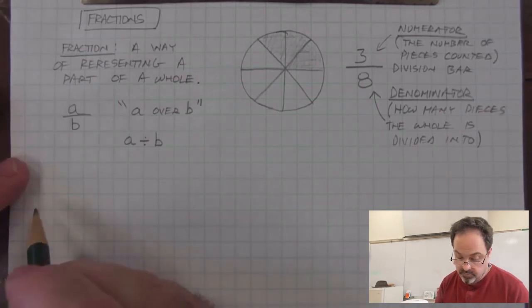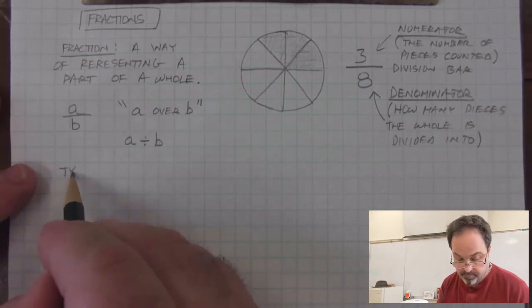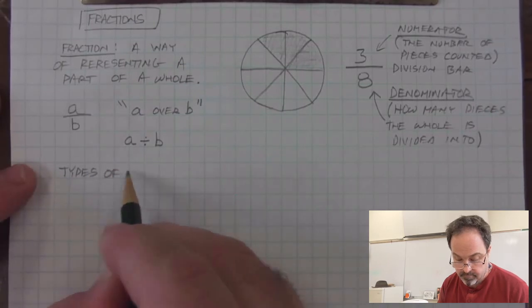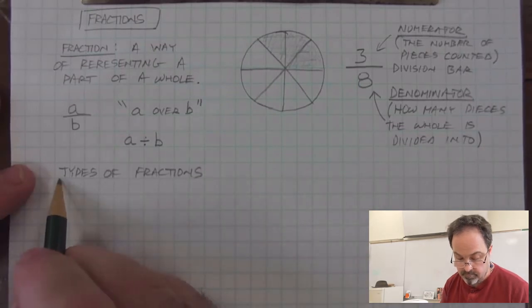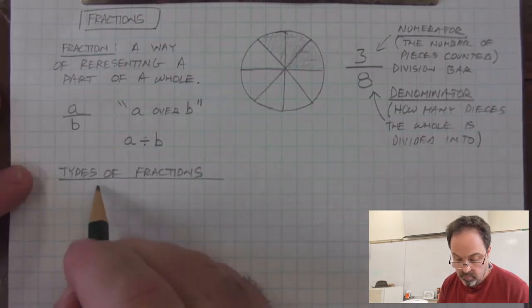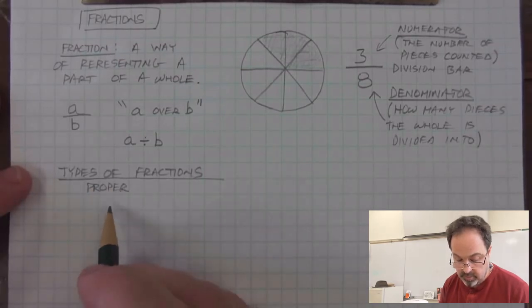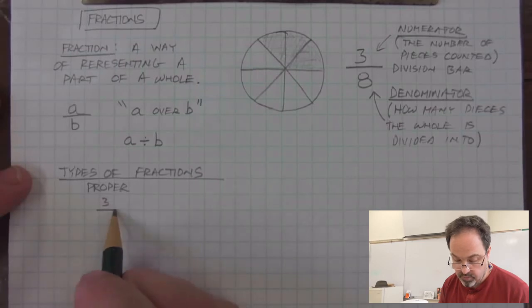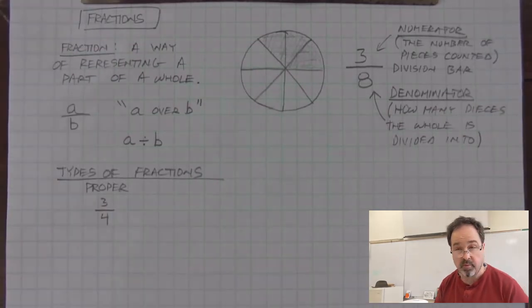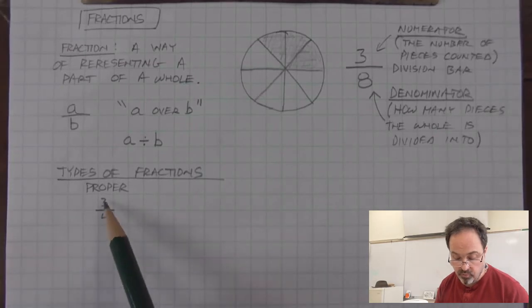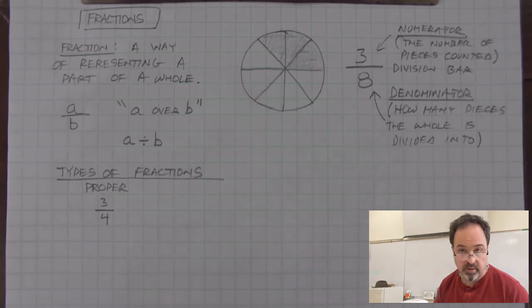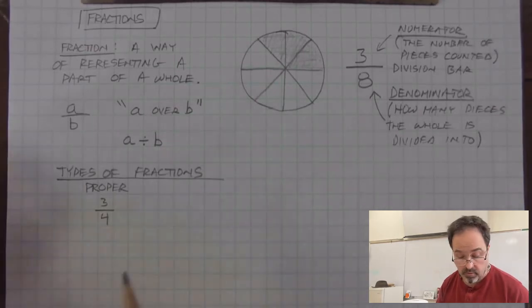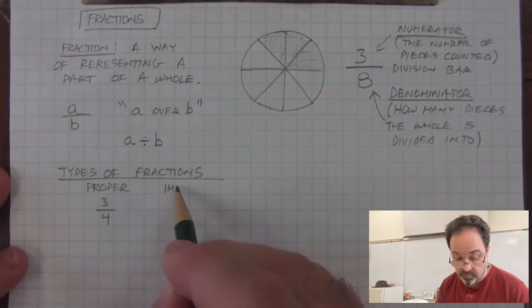There are types of fractions, and names for them. We have what we call a proper fraction. An example of a proper fraction is 3/4. What makes it proper is that the numerator is less than the denominator, and the fraction represents only a part of a whole. We can compare that to an improper fraction,